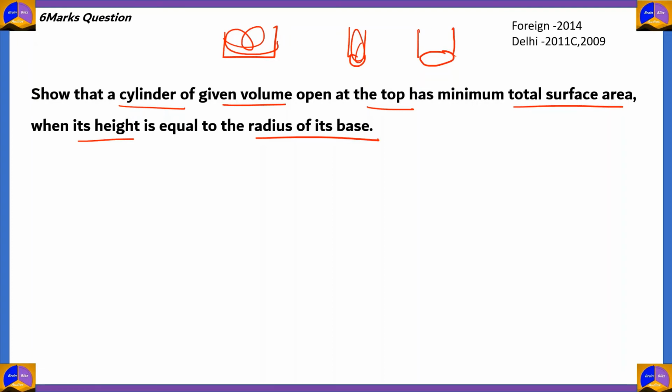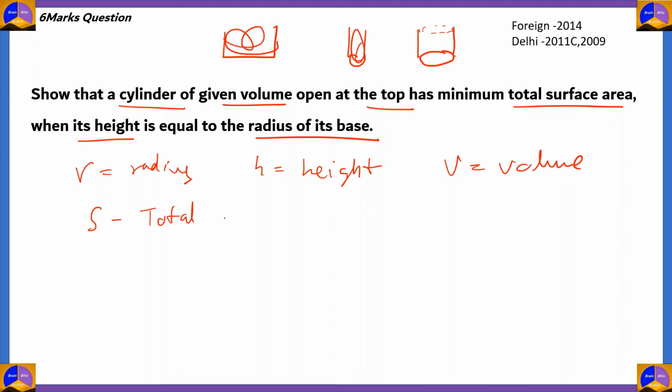So it has curved surface area and a bottom surface. So let r be the radius, h be the height, v be the volume, and s be the total surface area of the cylinder